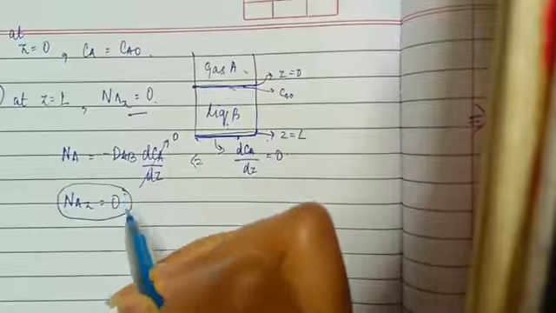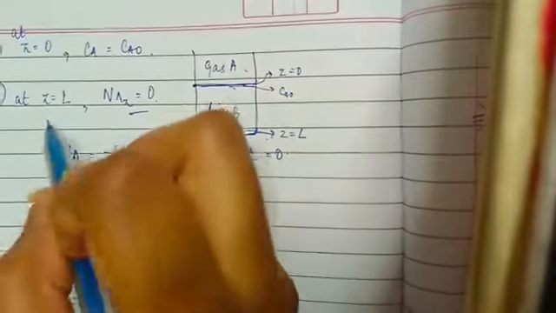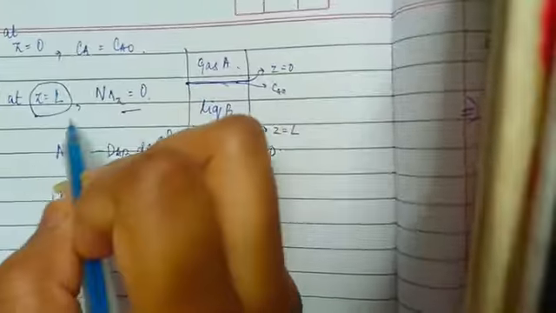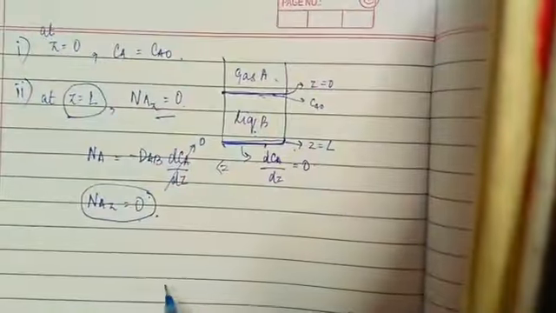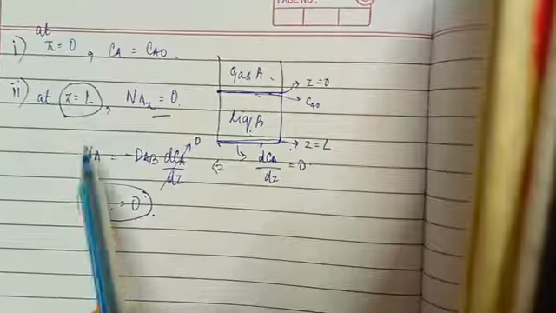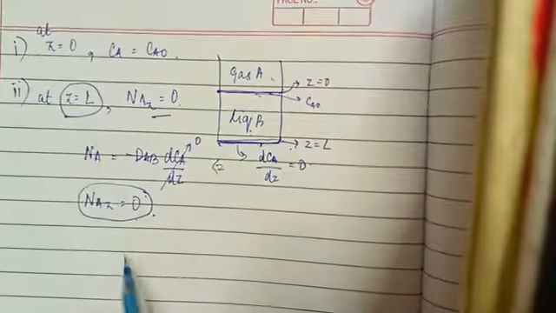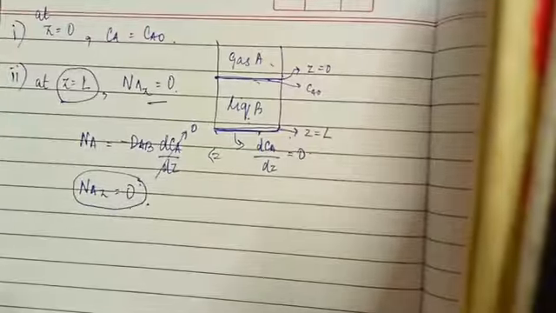So this is how we end up at NaZ is equal to 0 at the boundary condition of Z is equal to L. So these are the two boundary conditions which we will use to solve the differential equation